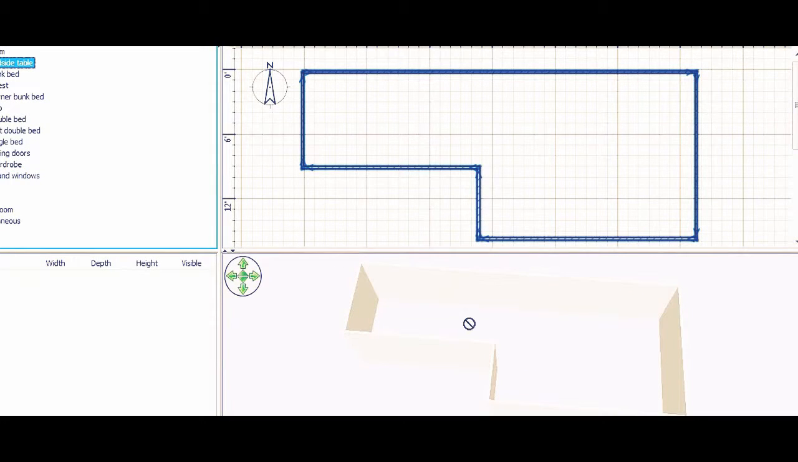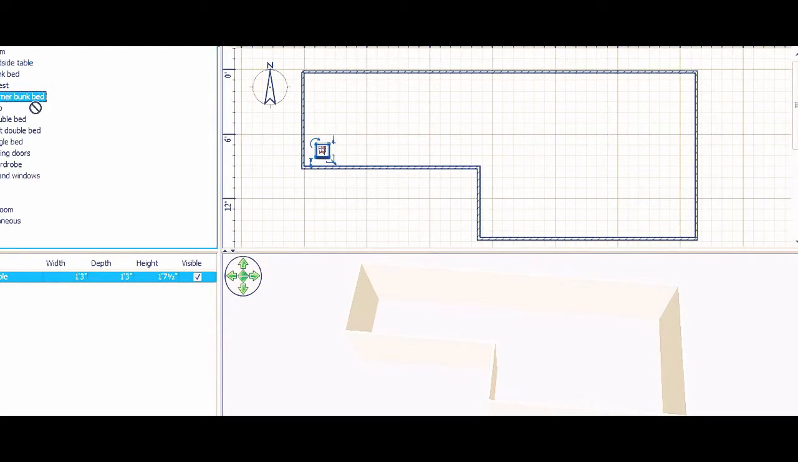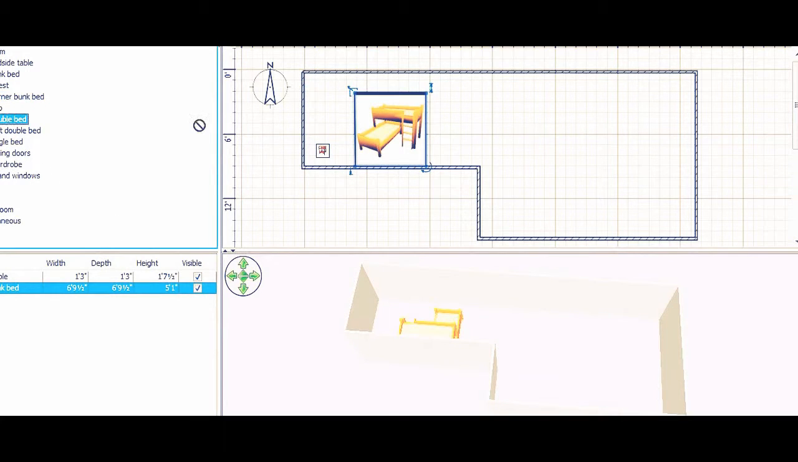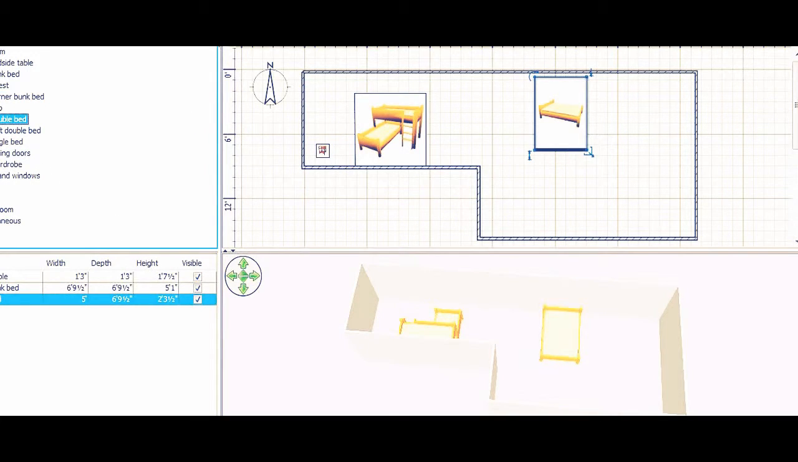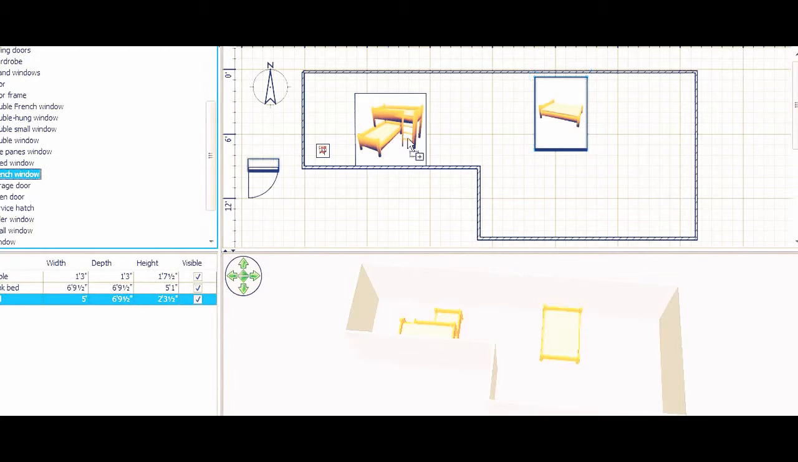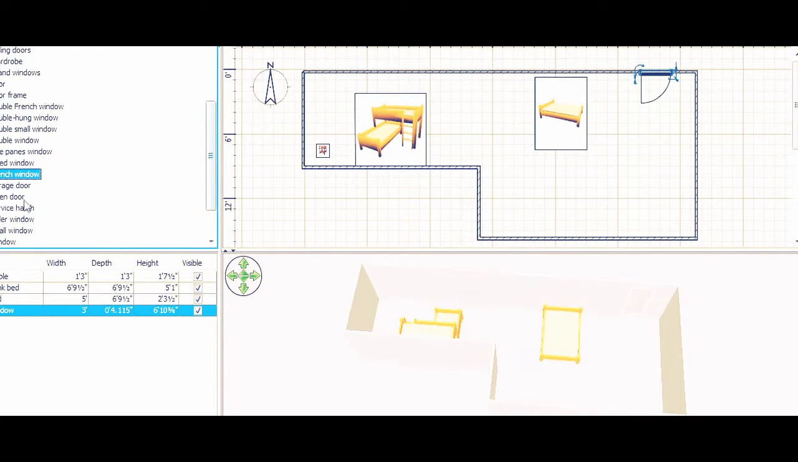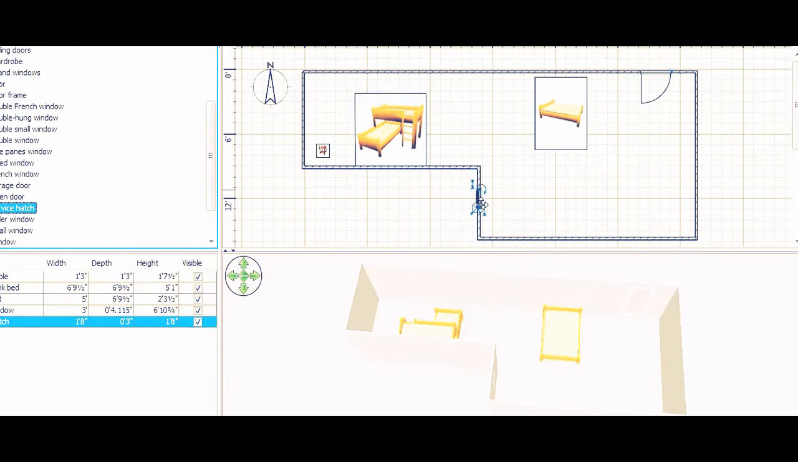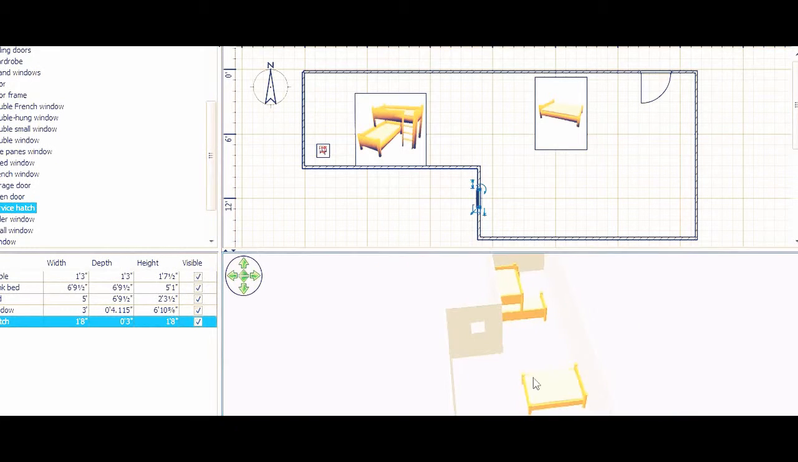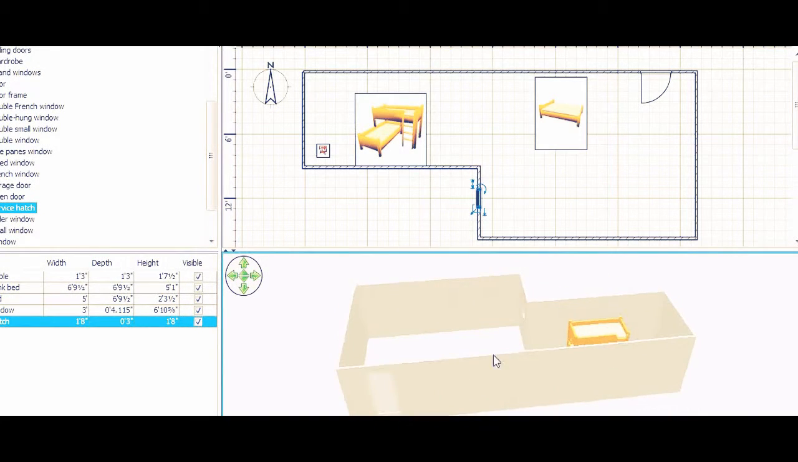Layout that you draw, and then you can just drag furniture into it. So you drag all these things, you get a double bed here. They have different French doors and windows and a service hatch. And then once you drag in all these different objects, you can take a look and see how